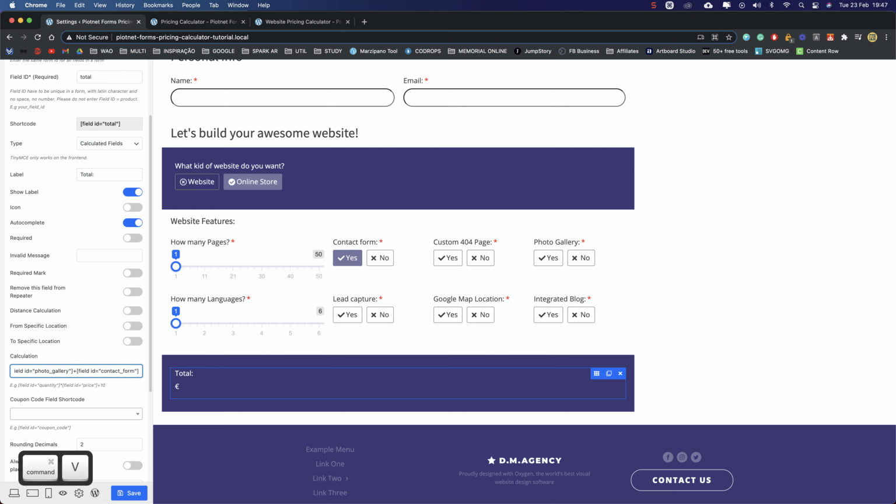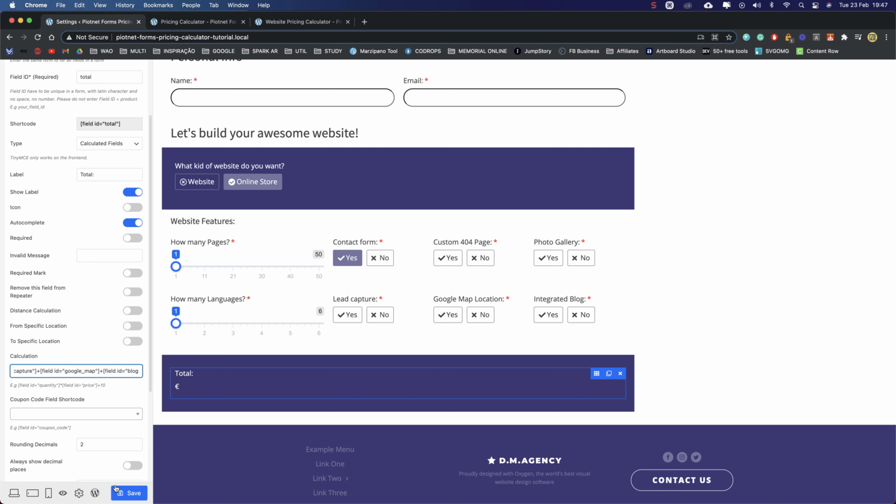Paste it again and change this to lead capture. Paste it again. Here is Google Map. Paste it one last time, and here is a blog.